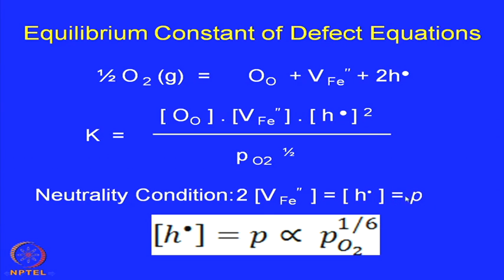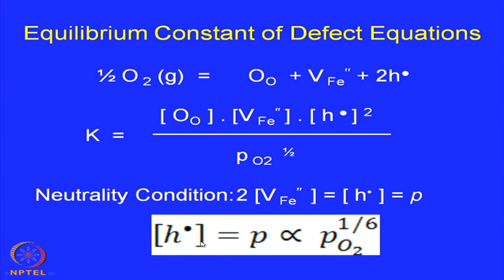So, ultimately, if you replace that in this equation, this is replaced by P and this is P square anyway. So it becomes P cube, and finally P becomes proportional to, this is of course constant at a particular temperature, PO2 to the power 1/6. So that is a very important derivation and information that in this kind of oxides the concentration of the holes,